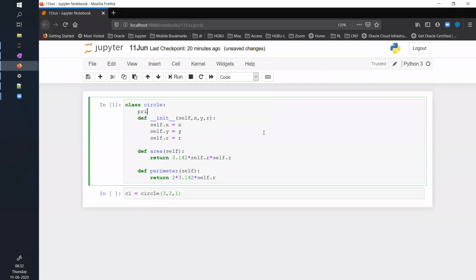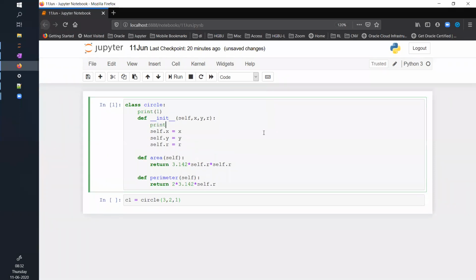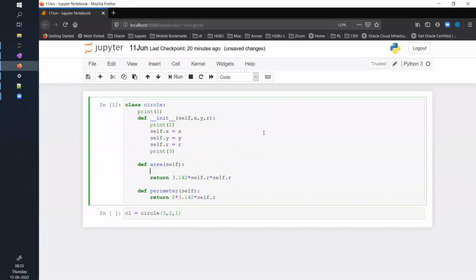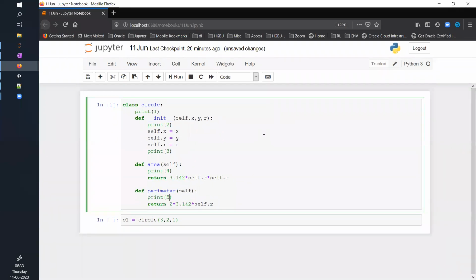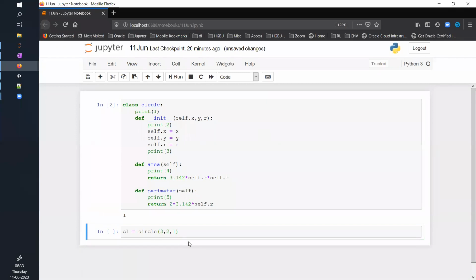Let's say I add print 1 here, print 2 here, just to show you the flow. Print 3 here, print 4, and print 5. So what will be the output if I run this particular cell? 2, 3.